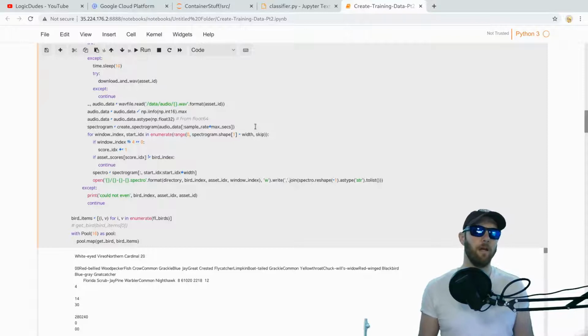Okay. And then here's where we're actually checking those scores. We're going through each of our windows, and we know that the window here is 1/4 of the window that we classified before. So every 4 here, we need to look at the next score. We're starting at -1, but our window index starts at 0, and 0 divided by 4 is 0, so we increase our score index to 0. Then at asset scores, we look for the score for the 0 index. And if it doesn't equal our bird index, then we just skip this. All right, so we should have a lot less training data this time,